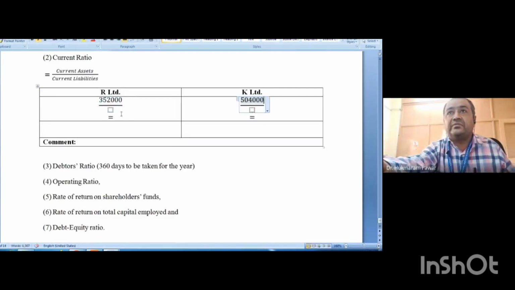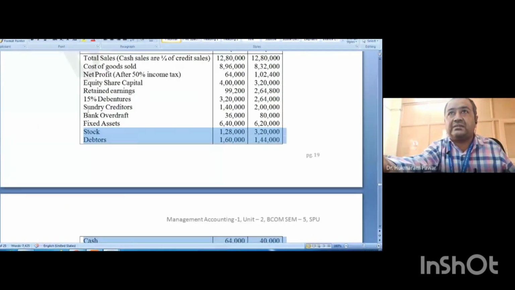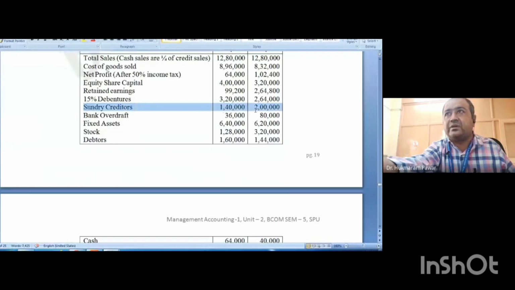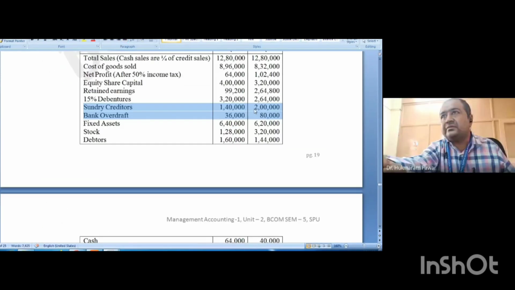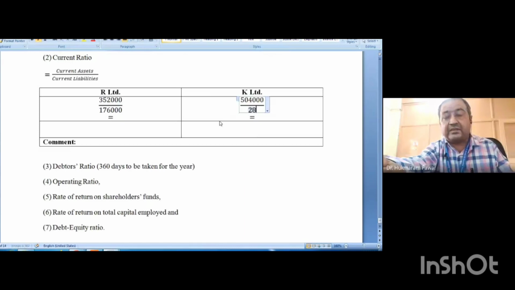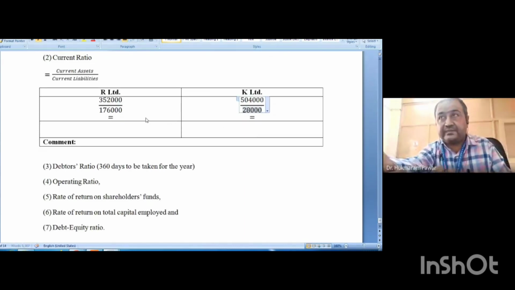Okay. Now total of current liabilities. So current liabilities are sundry creditors, bank overdraft. These two only, nothing else. So in case of R, 1 lakh 76,000, and for K, 2,80,000. Okay. Now the answer is